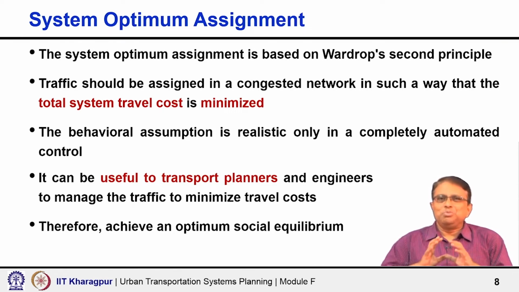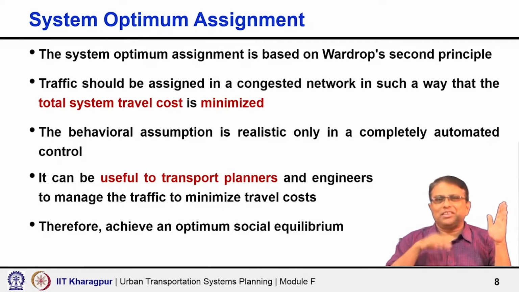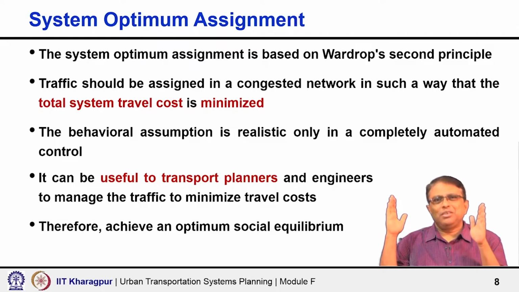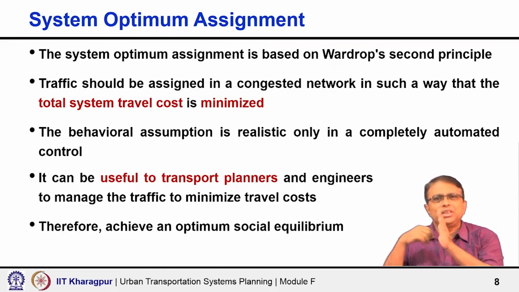I can do my traffic management in a manner, of course, still I will not be able to achieve completely system optimal, but all what I am saying, if my user optimal is here and the system optimal is here, I can still make this user optimal or the operation to happen somewhere, or I can push the whole thing towards system equilibrium. Still it is user equilibrium, but I am pushing it towards system equilibrium by traffic management technique,